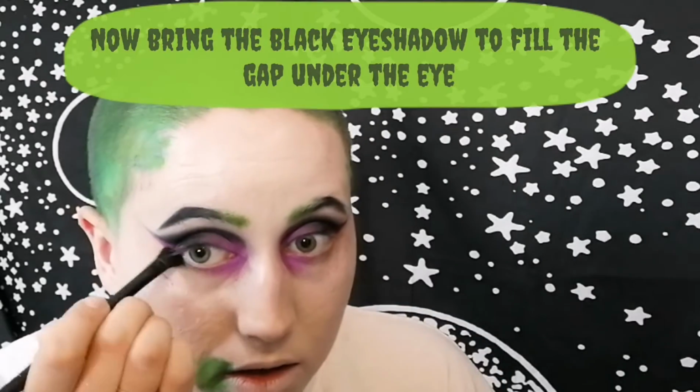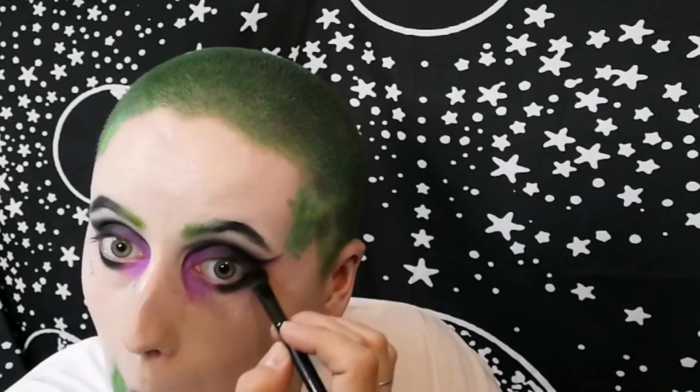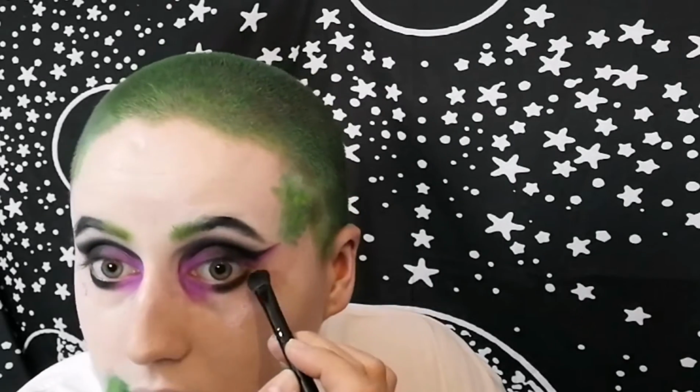There we go. So now I'm going to go back in with the fluffy blending brush, and we're going to create the dark under eye, and then dab in towards the purple. This is going to give that gradient effect that we want. So again, just very lightly, not too much pressure at all, and then dab in towards the purple to create